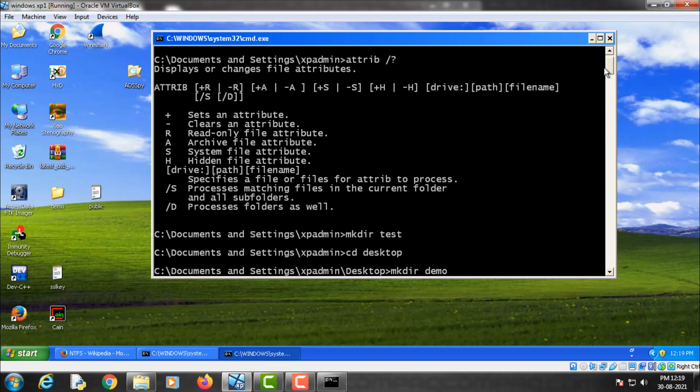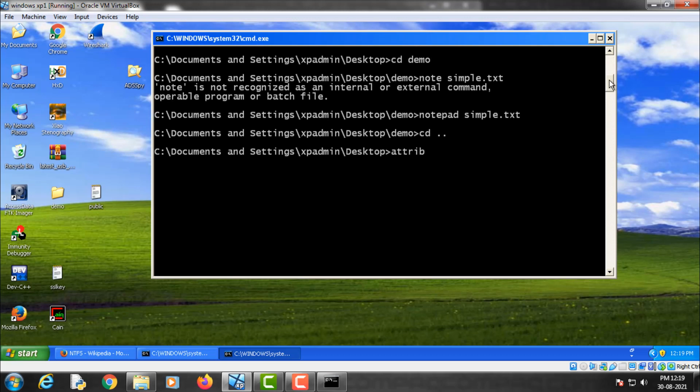So we will use plus h and plus s, and the name of the folder demo. As soon as I press enter, this demo folder will disappear from the desktop. So let's press enter. As you can see, the demo folder has disappeared from the desktop.